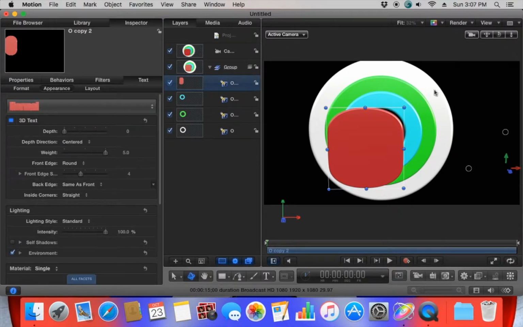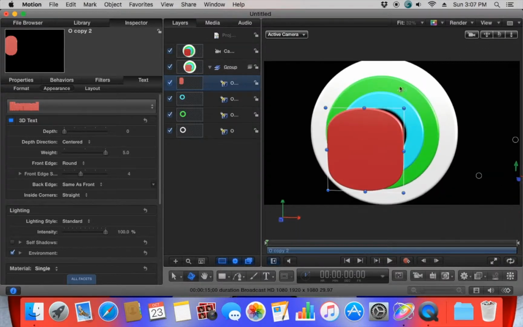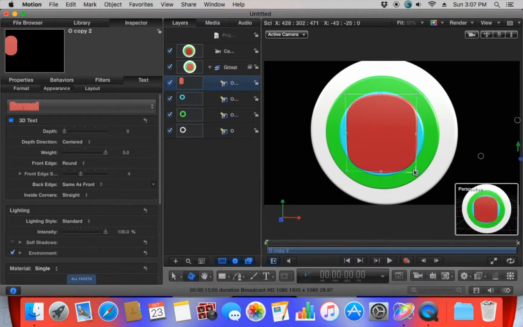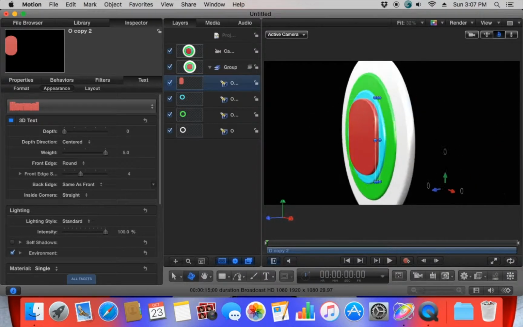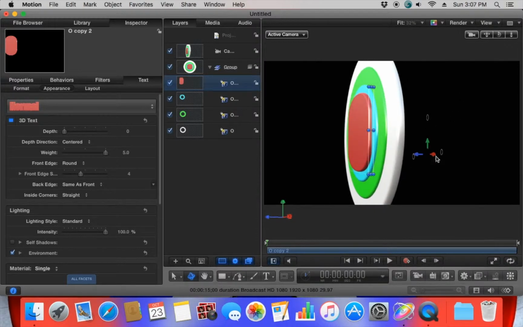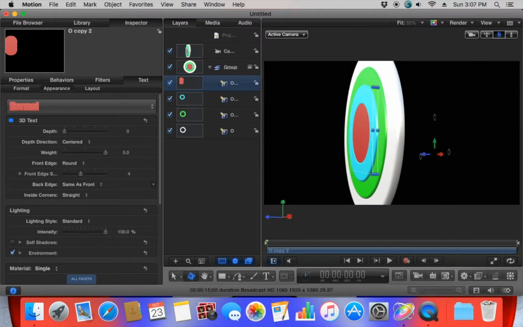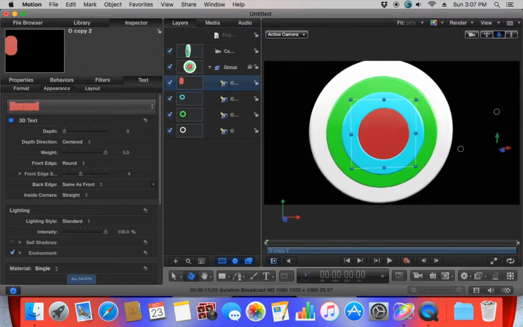And it's not perfectly round, and we won't really be able to fix that, I don't think. So then we'll make it generally the size that we need, and then we will pull it in to where it is just beneath the blue. Alright, now